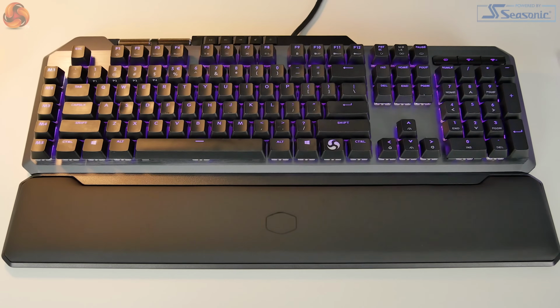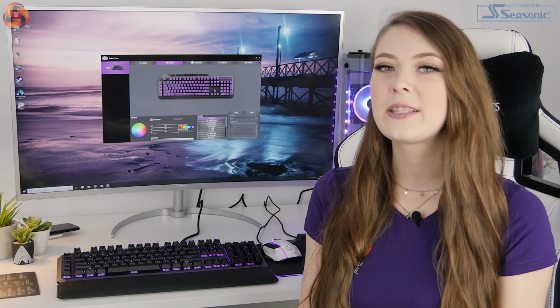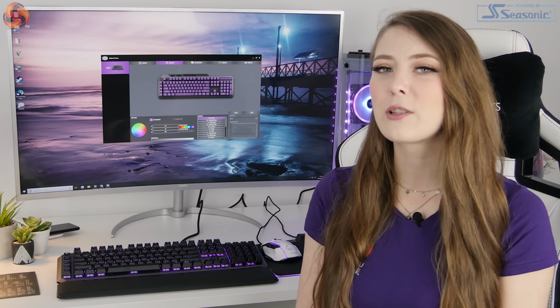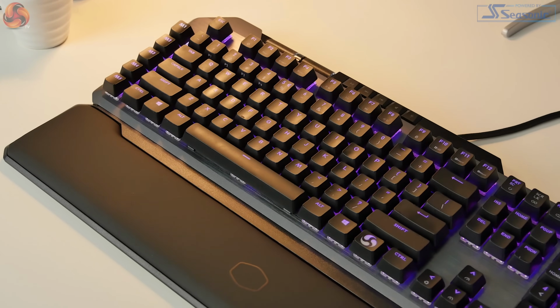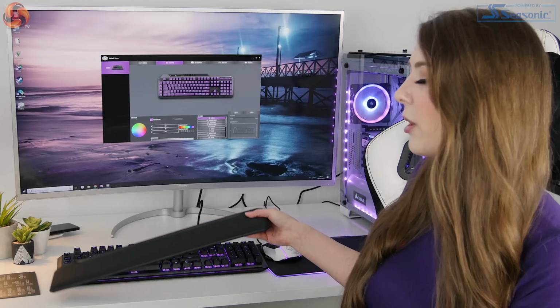So it is a full-size mechanical keyboard. Wooting, when they brought out their keyboard, made it a tenkeyless keyboard. I think they are bringing out a full-size keyboard at some point, but Cooler Master have gone straight in with the full-size mechanical keyboard. So it does have quite a big footprint, especially when you take into account the removable